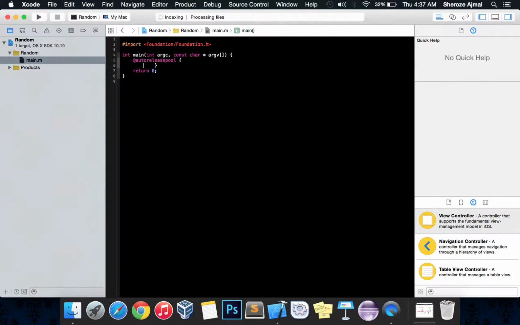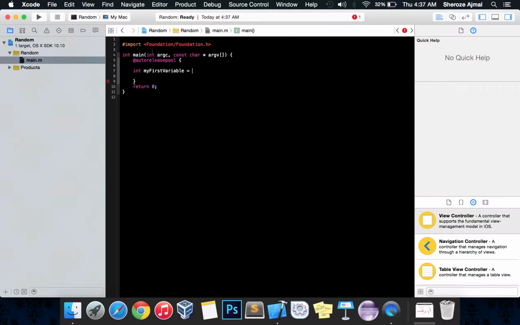Now what we want to do is declare a variable. How you do it is very simple. You give it a type. I want a variable that would hold an integer, a whole number, so I would give it a type int, and then I can name my variable. Let's say I'm going to call it my first variable,